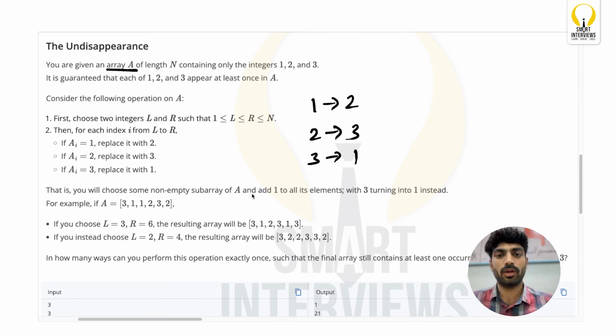We'll start the right index from the last occurrence, the next value of it, i less than n. Now we are moving to the right side, we'll increment. As soon as I find 3, I'll break. And then if it is not, I'll try to increment this value at the end to keep track of this invalid,